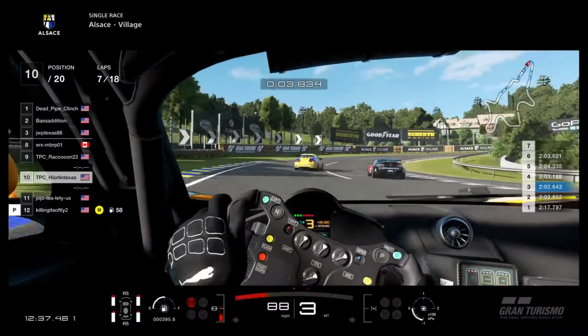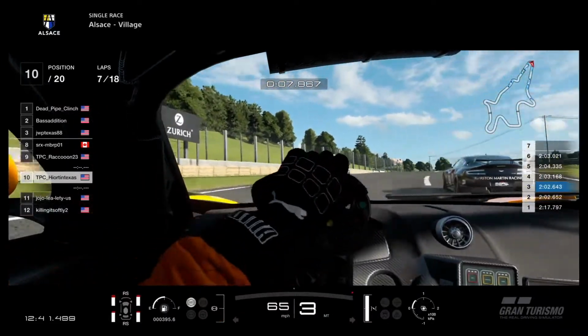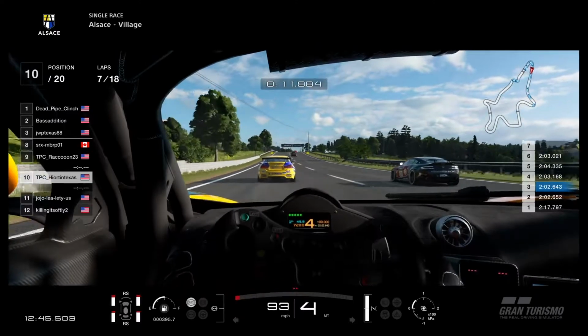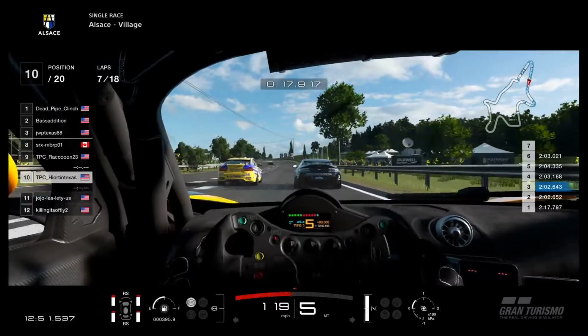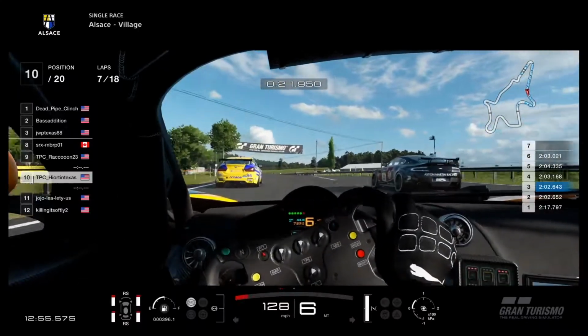So we're jumping forward here. We're at the end of our stint on our soft tires. We're on lap 7. So here I have fellow teammate, TCP driver, the pit crew, Raccoon. So here he's coming,